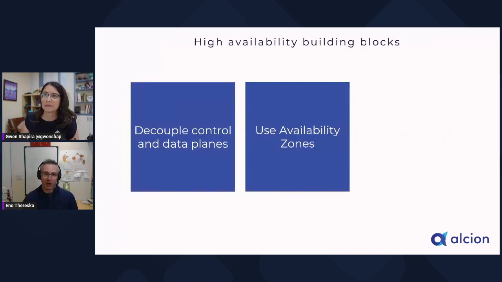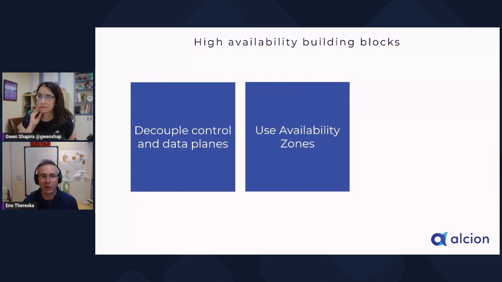Now, we're all building on the shoulder of giants, and there have been a whole bunch of really great talks as part of this series that Gwen is running. And I want to start where they have left off. We have talked about the importance of decoupling the control planes and data planes. We know that's important because we want to isolate them from one another. The data plane should continue to work even if there is something wrong with the control plane.